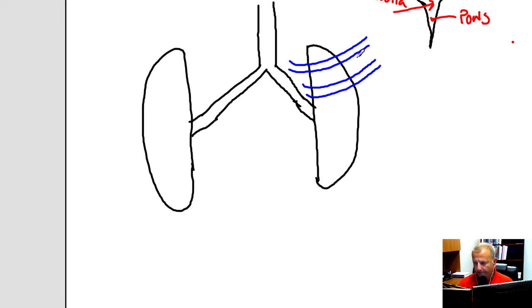So let's draw some muscle here. Okay, there's some muscle. Now let's put a receiver on it. All right, so there's a receiver. All right, so we've got a receiver. All right, so we're going to send a signal out, and it's going to go down